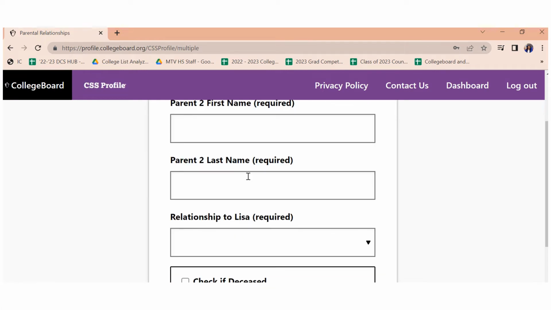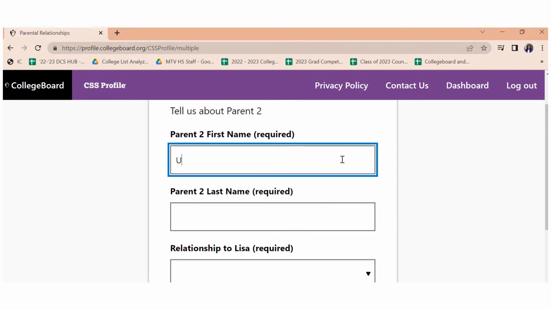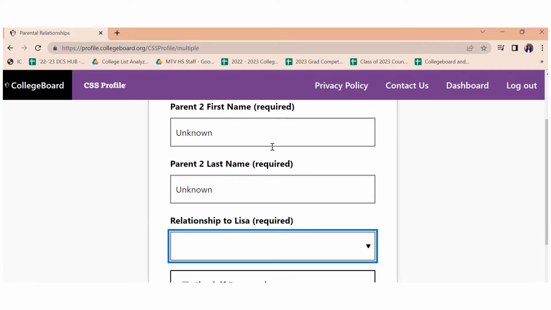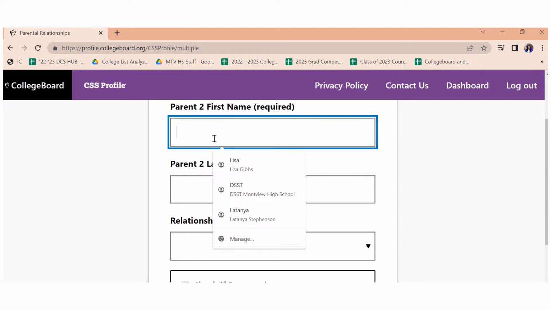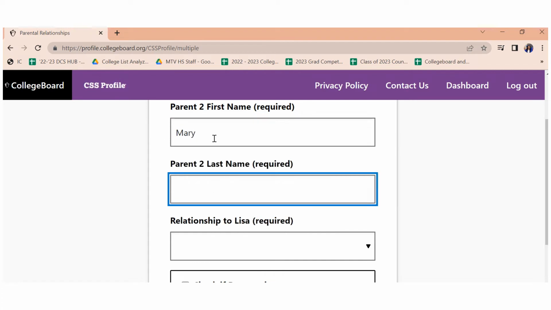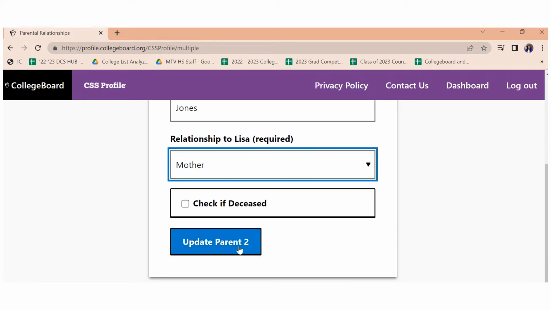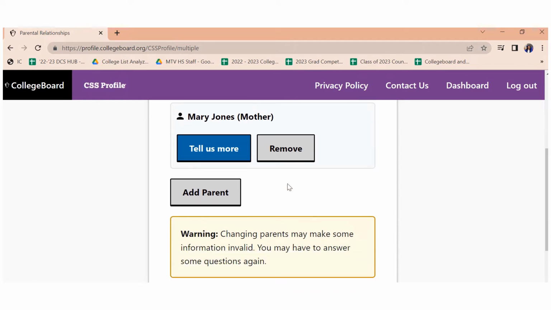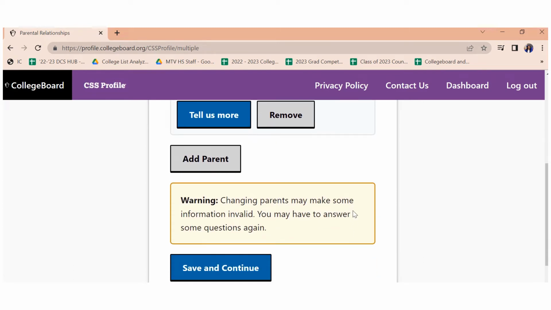And parent 2, now if you don't know your second parent's name, you can put unknown, and you will likely have to fill out additional questions later. If, let's say your parents are divorced, which is what we will be saying in this case, you will enter that information here. Okay, so once you have just the name of both of your parents entered, you will click Save